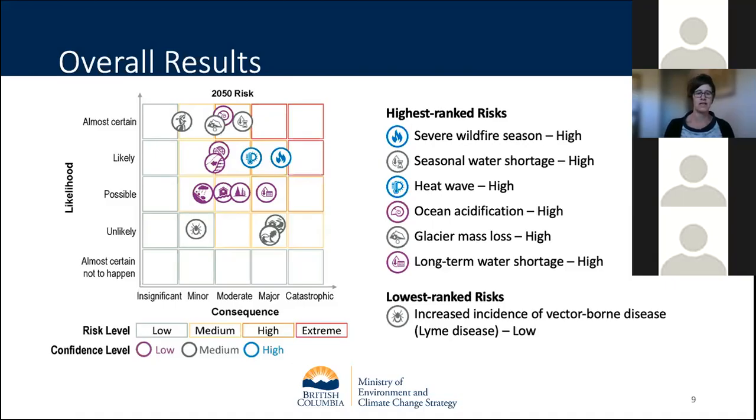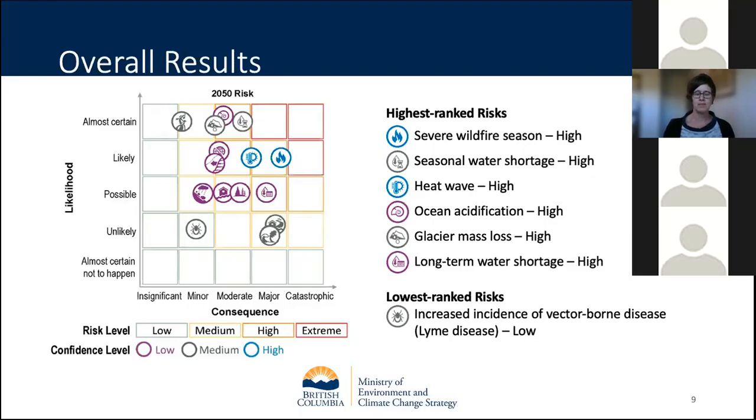In the case of ocean acidification, it gets a low confidence rating, mostly because a lot of the studies were drawn by inferring what's likely to happen in BC from other parts of the globe where this work has been done, and it was the availability of the information at the time. We recognize there have been a number of studies that have come out since then to further our knowledge in this area, which would boost that confidence rating.